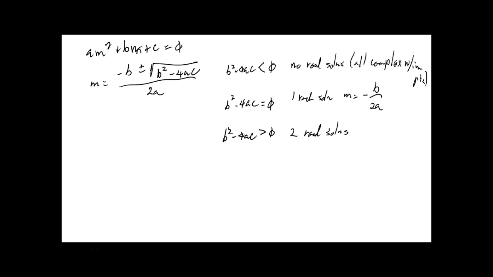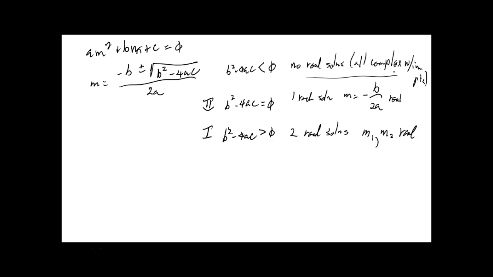Now, we're going to call these cases. In this case, m1 and m2 are both real, so we're going to call that case 1. Case 2 is they're both real but equal. It's real, but the two solutions are the same solution, a double root. And case 3 is, by the way, when there are no real solutions, they're complex,